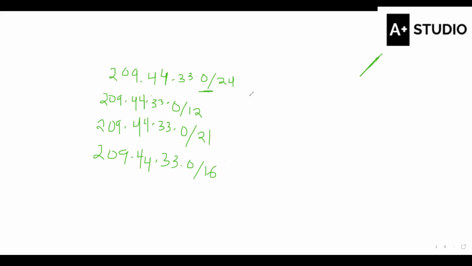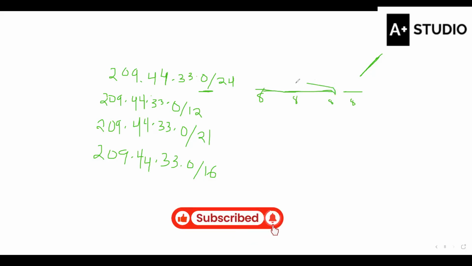No. See what happens. So here we have the first octet 1, second octet 2, third 3, 4, 4. So when the CIDR is 24, it means that our first 24 bits is on. Then we know this is 8, this is 8, this is 8. And they say the first 24. This is 8 plus 8, 16 plus 8, 24. So which means here is